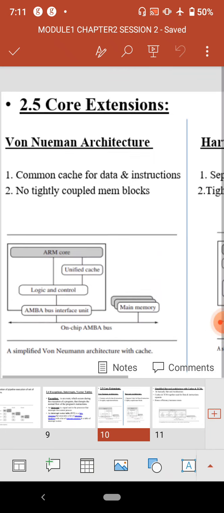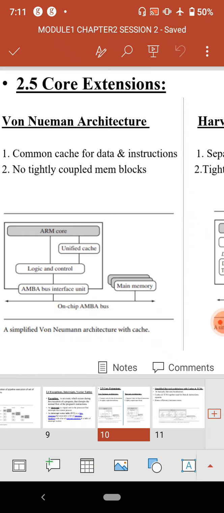Okay, here is core extension. Let's take one example before we start. For the definition of core extension, assume we have a class of size 60 students.